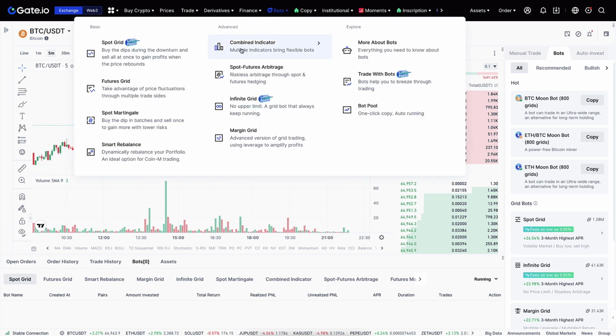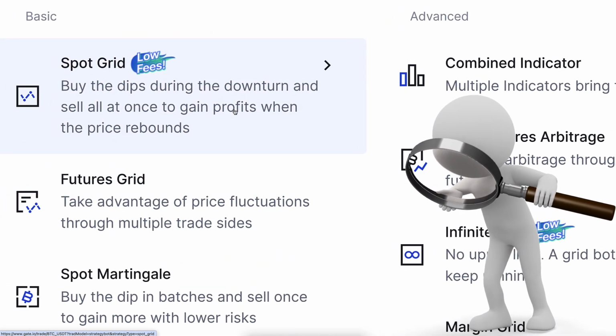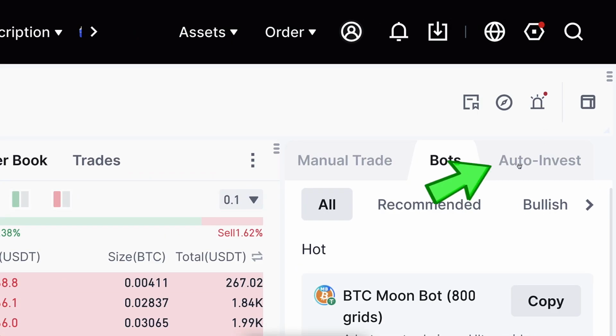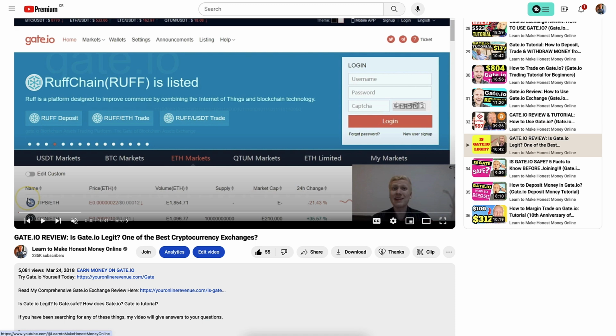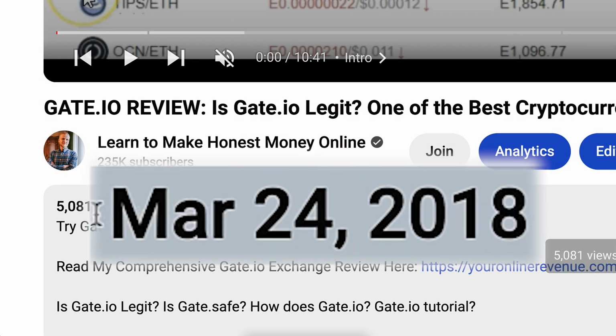In this video I will show how you can find and use all these bots on Gate.io: SpotGrid, FuturesGrid, InfinityGrid and also Auto Invest. I have created my first videos about Gate.io already back in March 2018, so I know